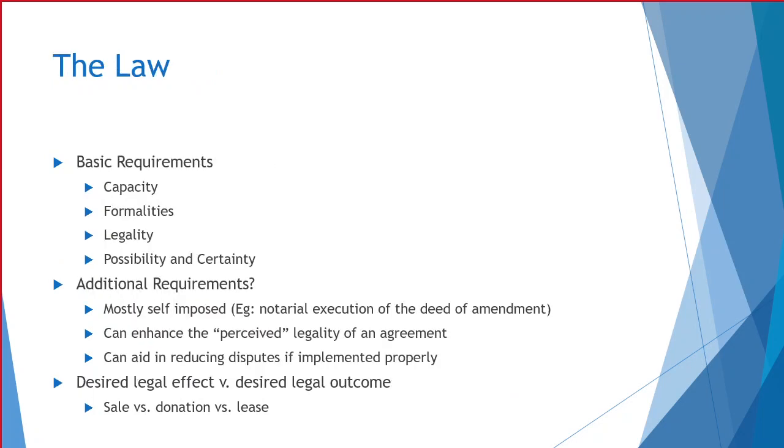Now the law, again, the basic requirements, never forget them. Again, if I see an agreement where a minor contracts, I'm going to have so much fun, but please do not do it. Now, possibility and certainty. Make sure you don't use overly vague terminology and language in your agreement, because an agreement that is vague can be declared void. We call it void for vagueness, and it's a particular favorite of mine. So please use clear language when drafting your agreements and your clauses.